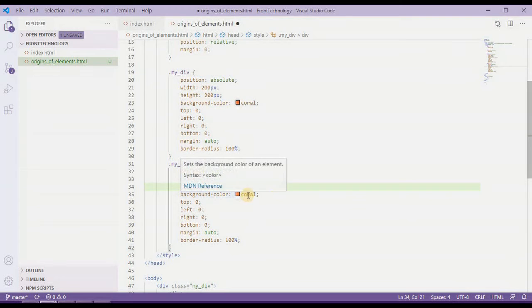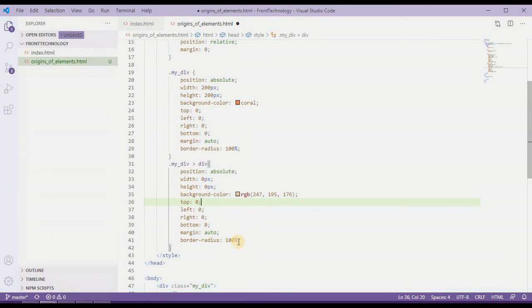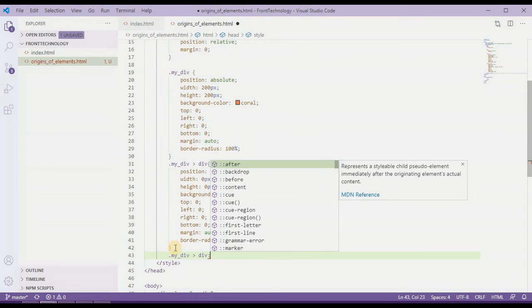Alright, now the background color, what I want is something a little bit lighter than this coral, so I'll take something like this, and then all the other elements will be exactly as they are, and then I want to provide some effect over here. We'll obviously discuss these effects during these classes, and also we'll have a separate class for animation and effects.